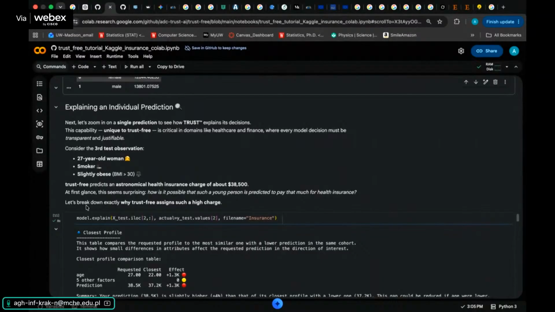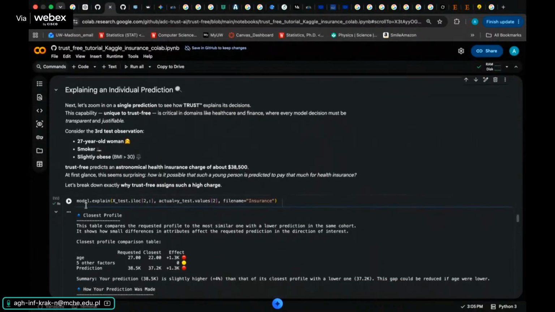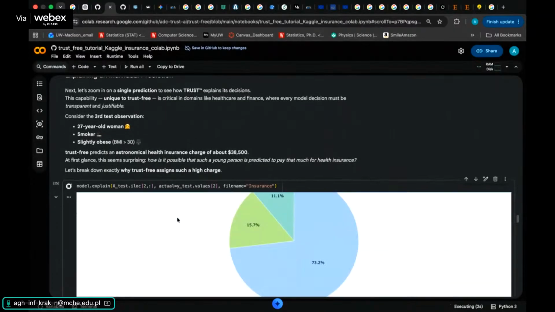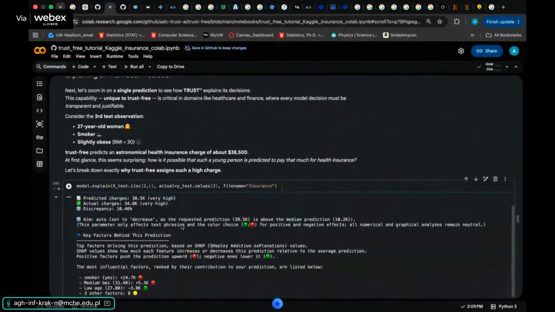Well, we know why, mostly because she's a smoker. That is very bad. And also obese. Even if it's just slightly obese, for our model it doesn't really matter. The person is obese, so the linear model for obese people is the one that applies, which actually penalizes a lot if you're a smoker. So we already know more or less the answer, but let's run this automatic report that is very nice,